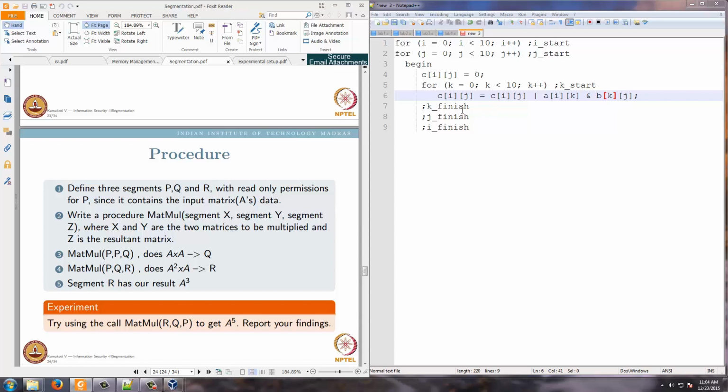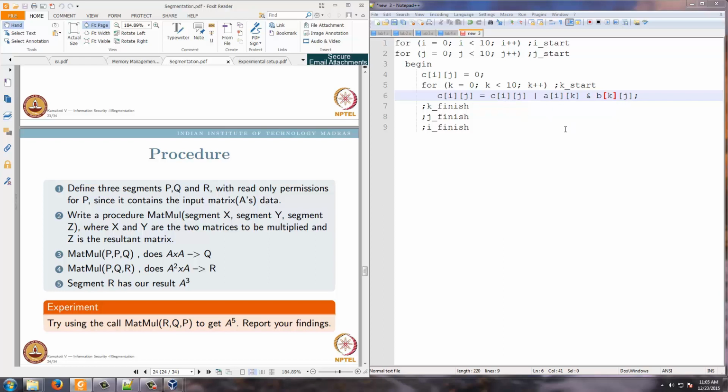So normally, when I want to multiply these two matrices, suppose I define a function for this. I will take the A and the B matrix as inputs, meaning I will take the address of the starting of the A and B matrix as inputs here. And I will also take the address of the starting of the C matrix as input. I will do these operations and store the value of C there in the address that is provided, right.